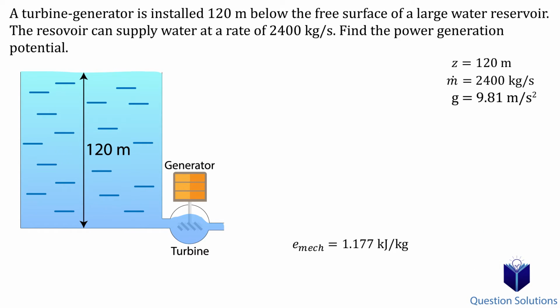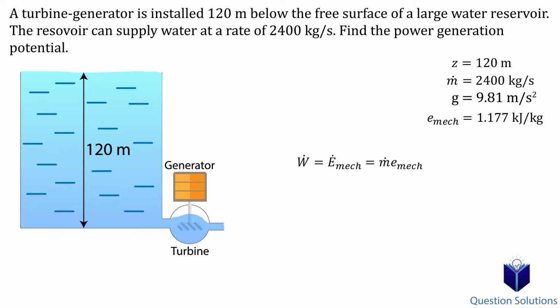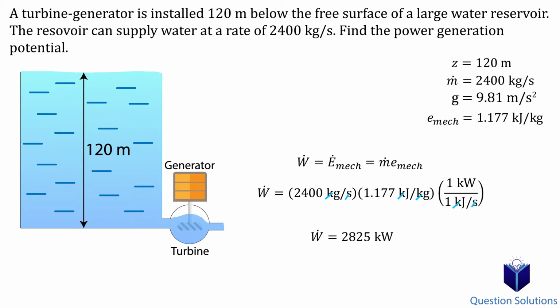Now that we have our answer in the units we want, let's move on to figuring out the power generation potential. In other words, the energy flow rate. Here, we need to use the given mass flow rate and the equation we talked about before. So this is the total energy we can get. Let's plug in our values, and here, I will write out the unity conversion onto the same equation. 1 kilowatt is equal to 1 kilojoule per second. All the units get cancelled out and we're left with just kilowatts, and that's our answer.